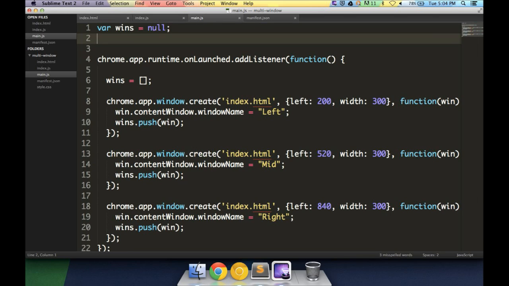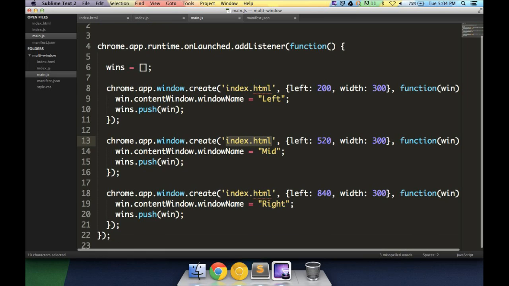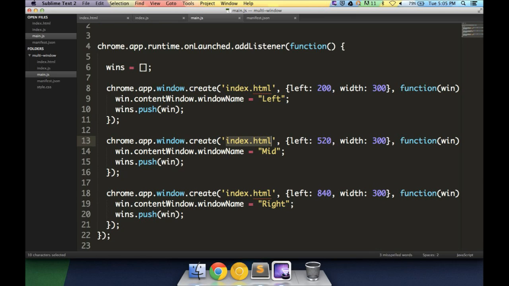So I'm in the main.js, which is the background page. This is the hub of your app's activity. And as you can see, I'm actually creating 3 windows with index.html as the source, and then I'm just positioning them across the screen. And they're identical, apart from the fact that I'm pushing on